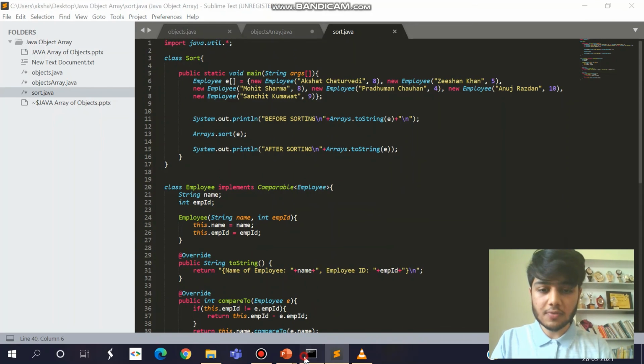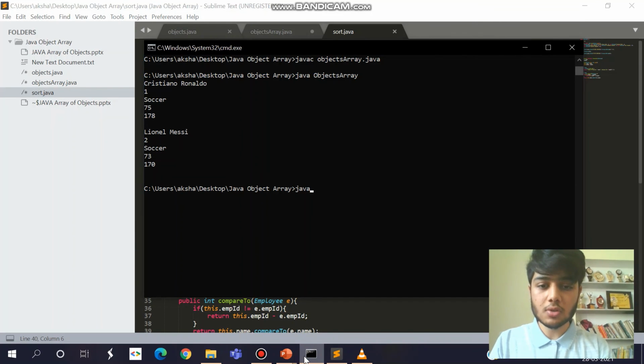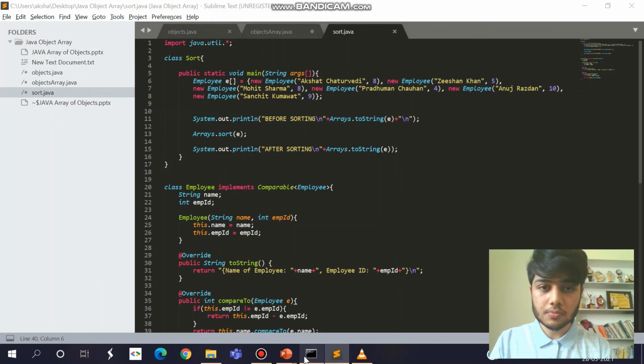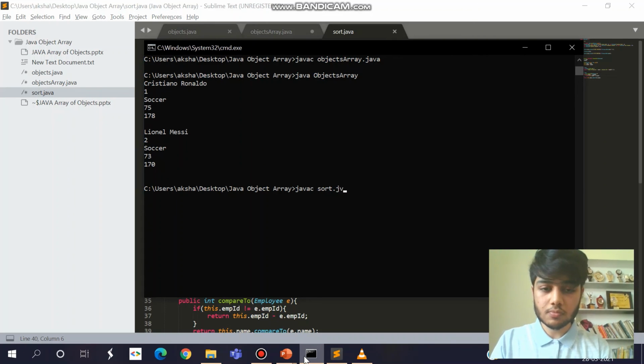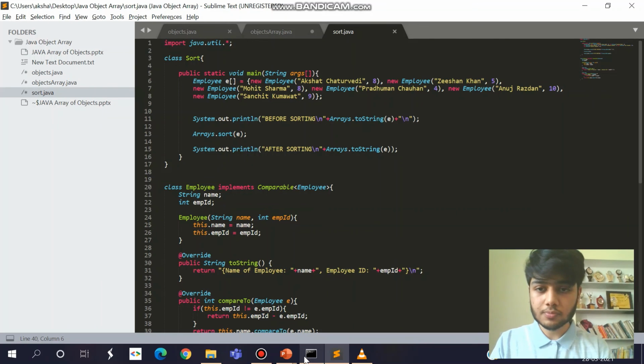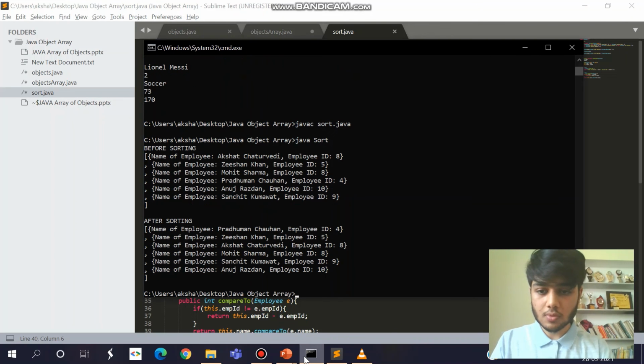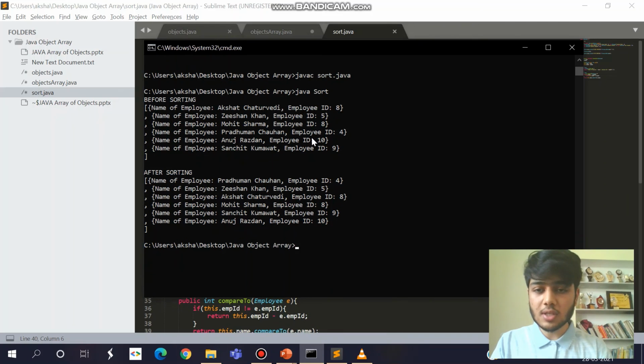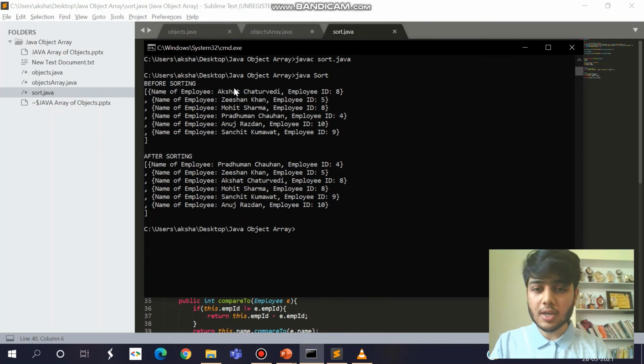I'll just run this function. It's a simple sorting function. Yeah, so here, as you can see, before sorting it has given me this. It is sorting by the employee ID.